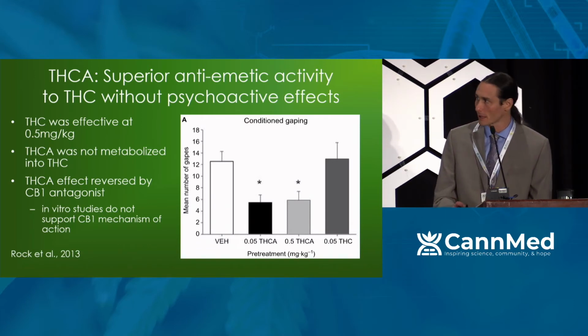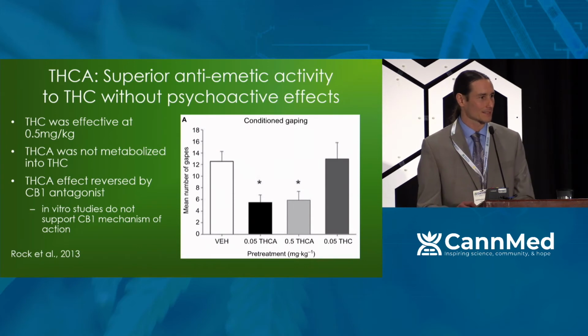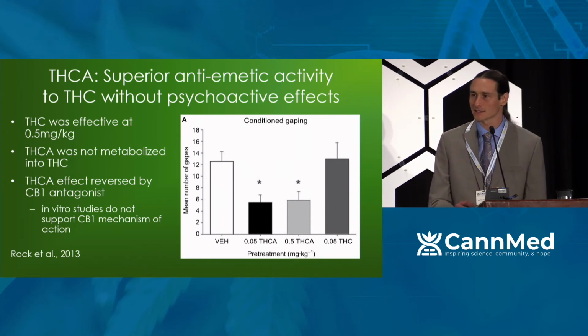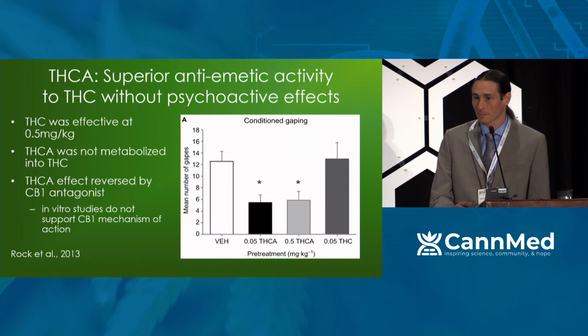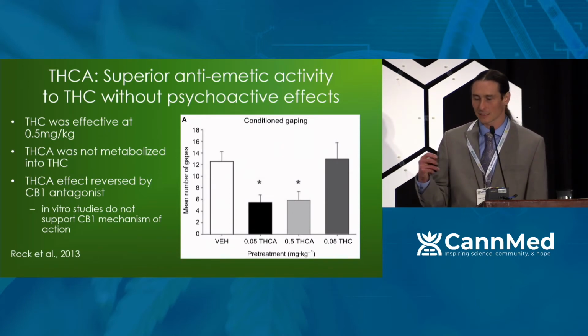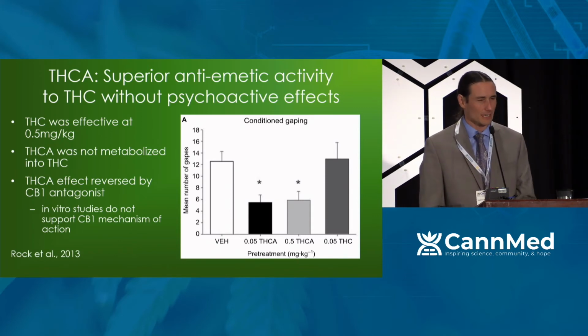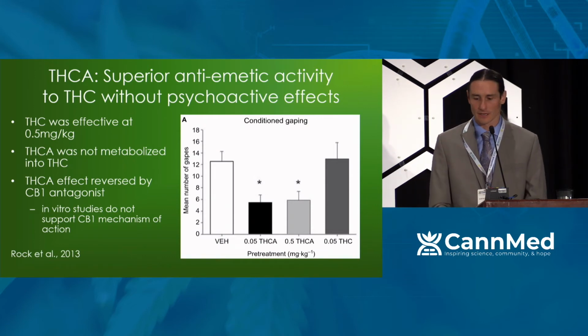This dosing here on the bottom, you can see it's milligrams per kilogram. So 0.05 milligrams per kilogram of THCA. A tiny, tiny dose, even for humans, especially tiny for rodents, suppressed their nausea. 10 times that dose of THCA didn't make it any better, but it really was 10 times that dose of THC that was required to even show some effect. So there was no effect of THC at 0.05. It was 0.5 of THC where you began to see the effect. So 10x the potency at least on THCA.